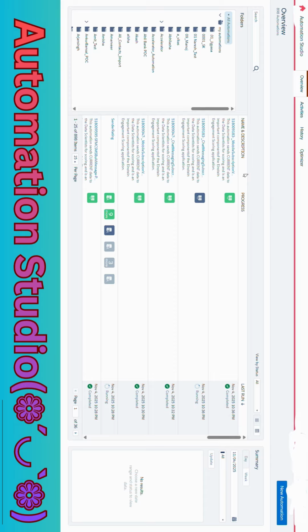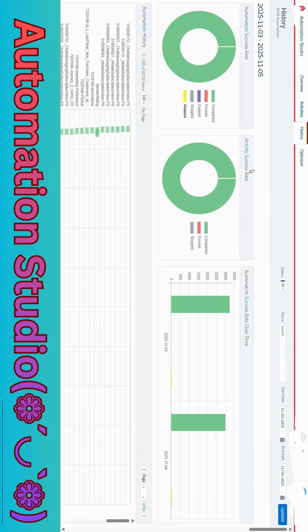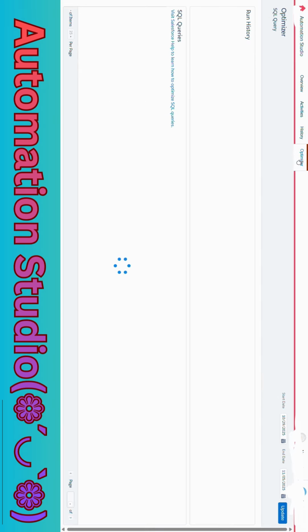Okay, so here are some key features of Automation Studio, like the Activities tab. This is where you can create all the building blocks for your automation. You can set up a data extract, which is to pull data out of SFMC, file transfers, to move files between your FTP and data extension, import activities to bring external data into Marketing Cloud, SQL query activities where you can use filters, joins, and transform data. Filter activities are for creating filtered audiences. Script activities, which are like running AMPscript or SSJS for custom automation logic. Send email activities automatically send your campaign emails.